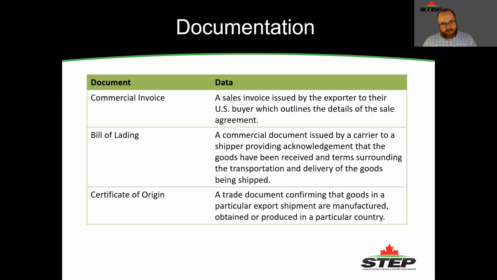So let's turn gears a little bit here and talk about documentation, which is where a lot of exporters get hung up. The 3 main documents that you're required to submit as the exporter are your commercial invoice, which is just your sales invoice, your bill of lading or your packing slip, which basically says what's in the box and how it gets in there, and then your certificate of origin. We talked about that, and that certifies that your product is from Canada. But like I said, if you manufacture a product based on components from different places, then you might need to go through that process and you might not qualify as a Canadian origin good.